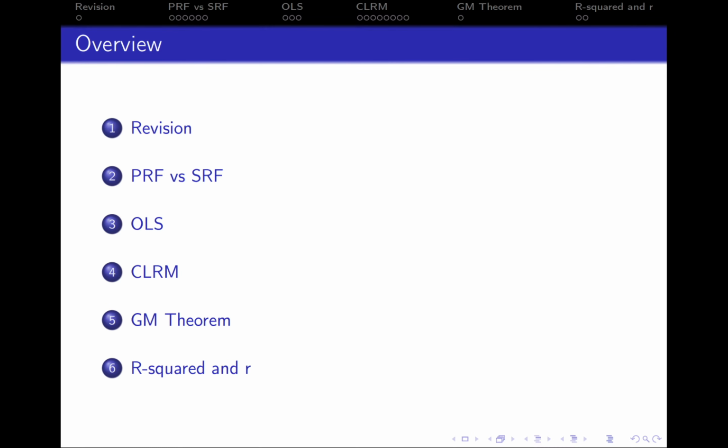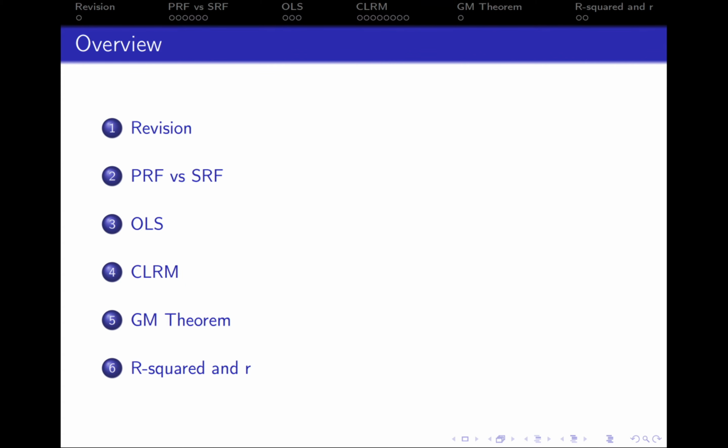From this slide, you can get the quick overview of today's discussion. I will start with a very quick revision, and then I will go into the section devoted to the difference between population regression function and sample regression function. After that, I will move to one of the most important estimation techniques in econometrics, which is OLS, or ordinary